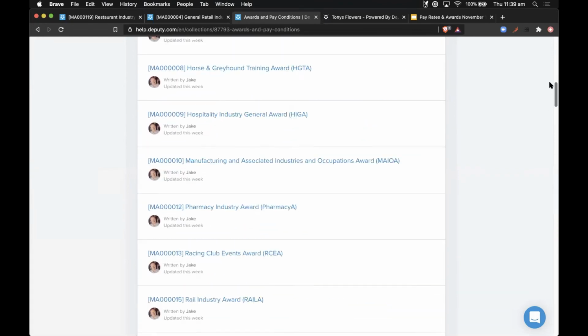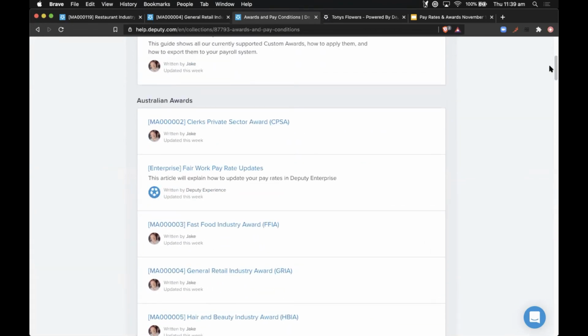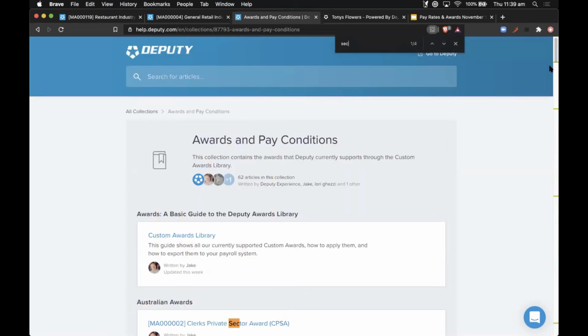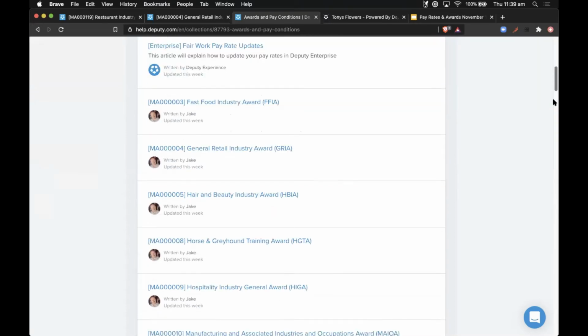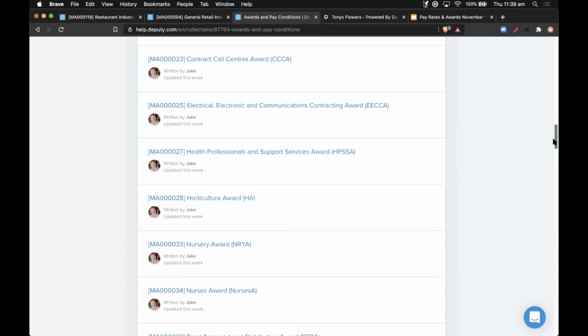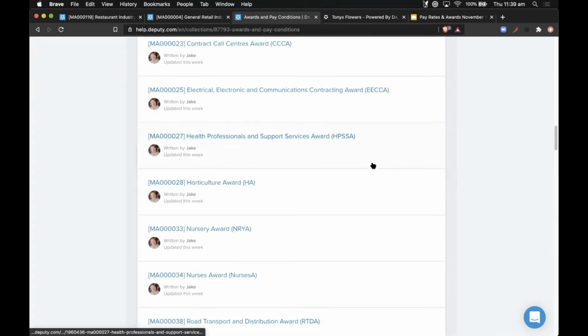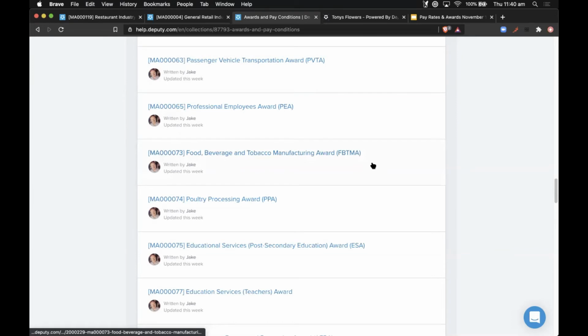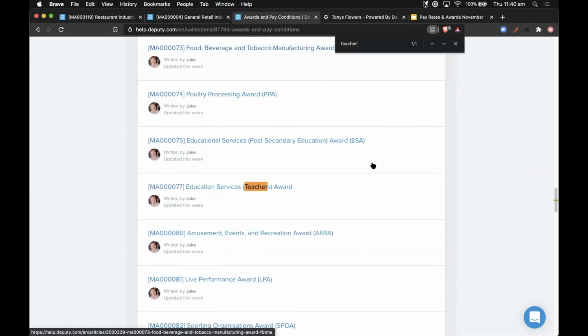So have a look through and see if you can find yours. If you don't, you can submit a ticket to our support team and request that award to be added. They go through how many people requested it, and over time we will add more and more awards to the Deputy Award Library. Perfect.